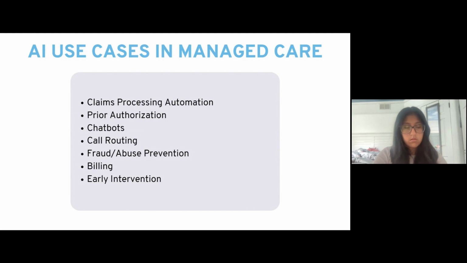Where AI comes in, it's going to take in whatever is the thought process of that claims processor, and create these algorithms and build the machine learning AI capability on it to be able to train that algorithm continually as new cases keep coming in to be able to automate that. So eventually those manual cases will become automated, automatically adjudicated claims.